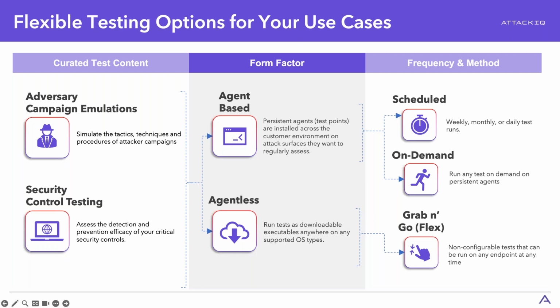Now, from an agentless perspective, that's where AttackIQ Flex comes into play. That gives you an opportunity to still offer the same testing while providing the ability for your customer to do it in a way where they don't have to install an agent, where you simply just run an individual package and get the same results essentially, or put you in a position to provide a fully